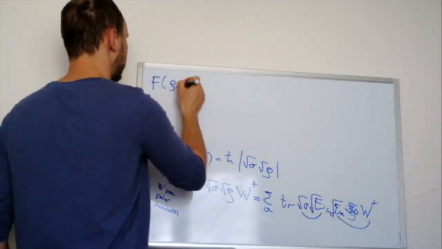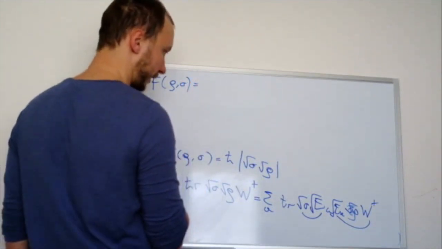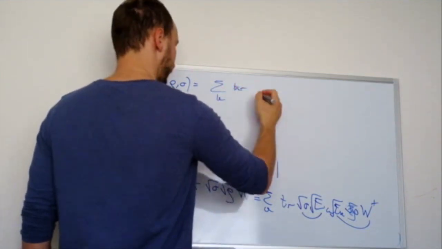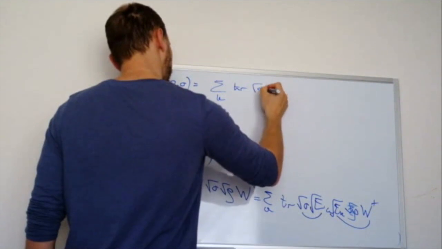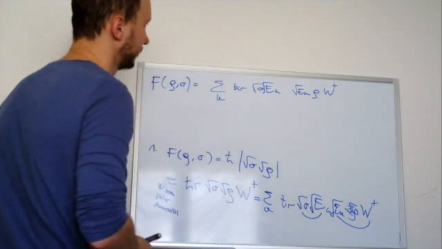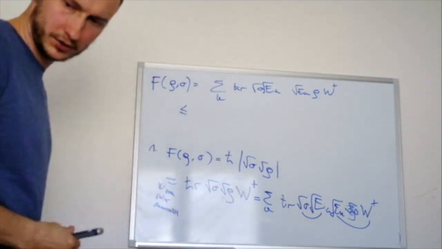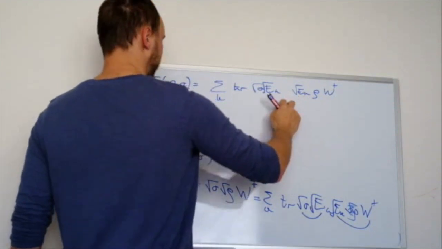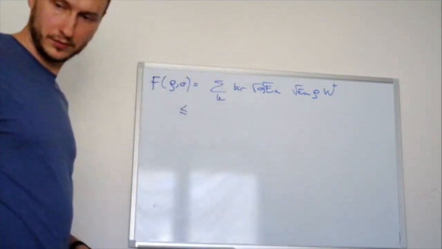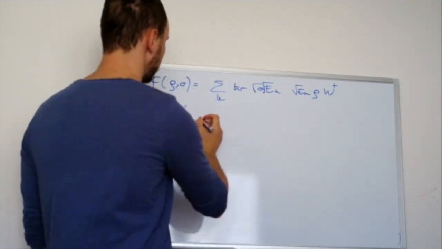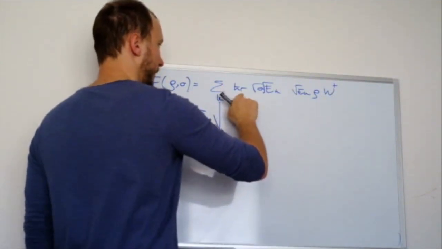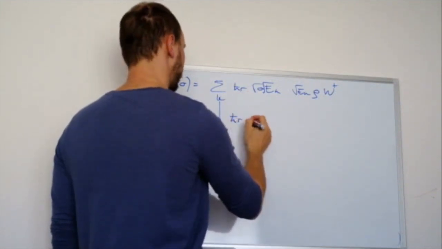The fidelity of rho and sigma, for any choice of POVM, is equal to the sum over K of the trace of square root of sigma, square root of E_K, square root of E_K, rho, W. Using Cauchy-Schwarz, this is the scalar product between these two operators, so it's smaller or equal than the norms, in other words the square root of the sum over K of